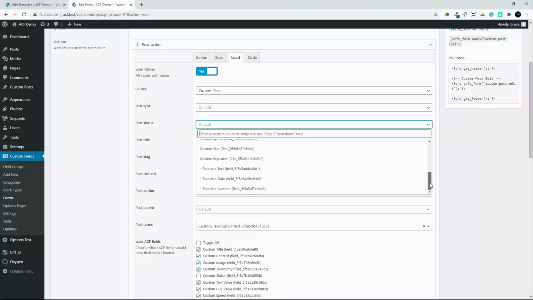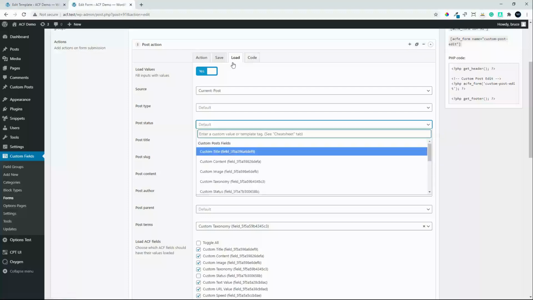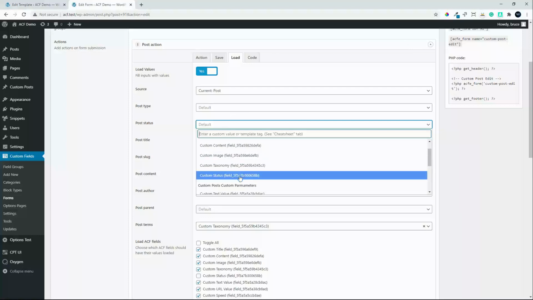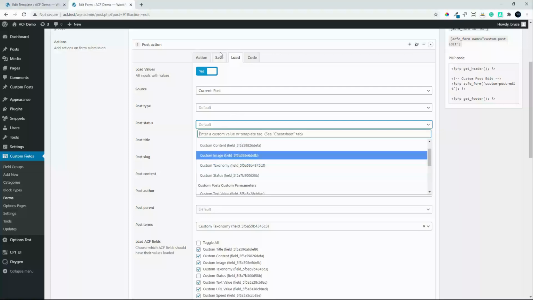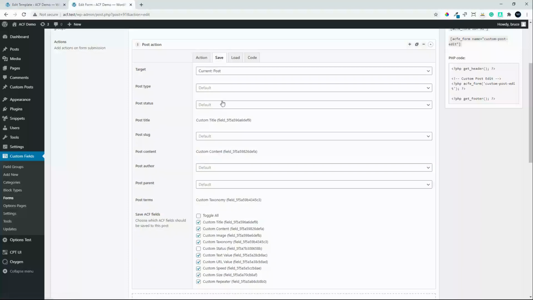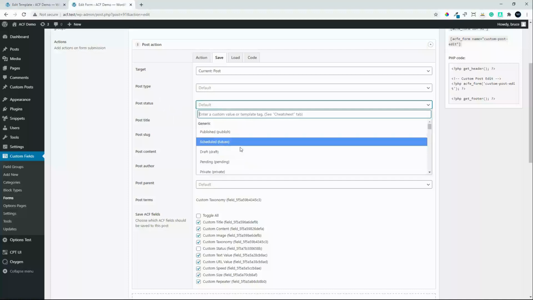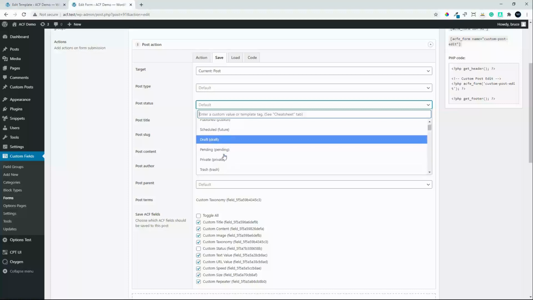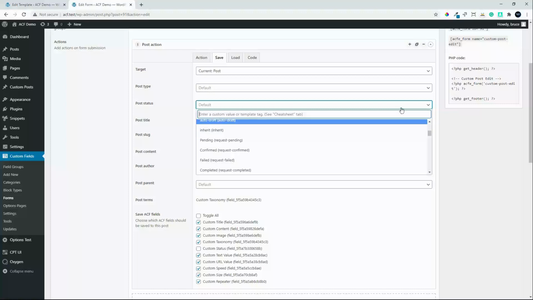But what we're going to do now, this is in the editing field, so what we're going to do is set the post status on save to post status. We're going to change that to, instead of being draft, we're going to say that that's the custom field,